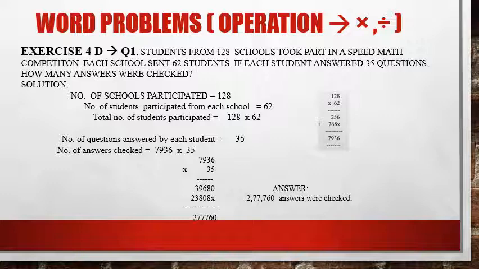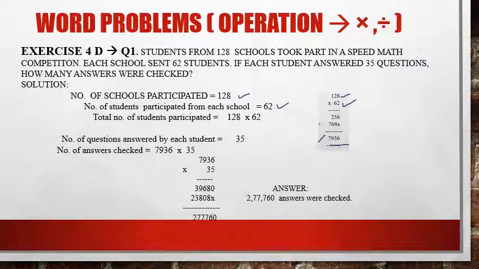Okay, students, here the total number of schools that participated is 128. The total number of students from each school is 62, meaning 62 students came from each school, and the total number of schools was 128. So tell me, students, how many students participated? You will multiply the total number of schools by the number of students from each school. Clear? You will get the total number of students participated, that is